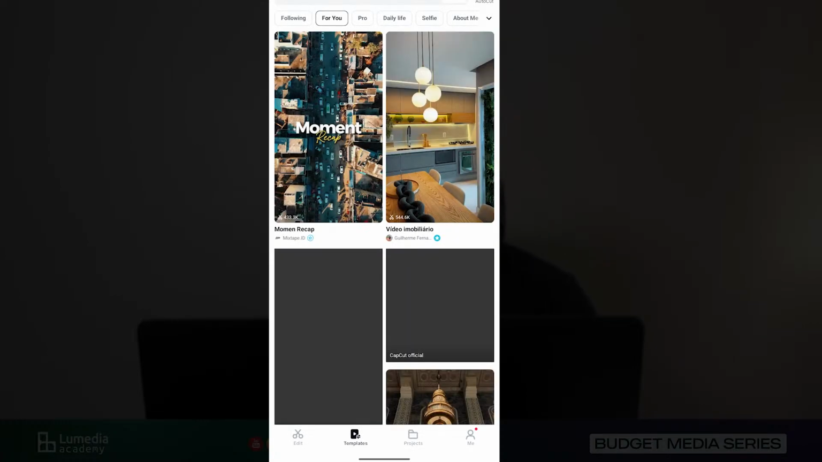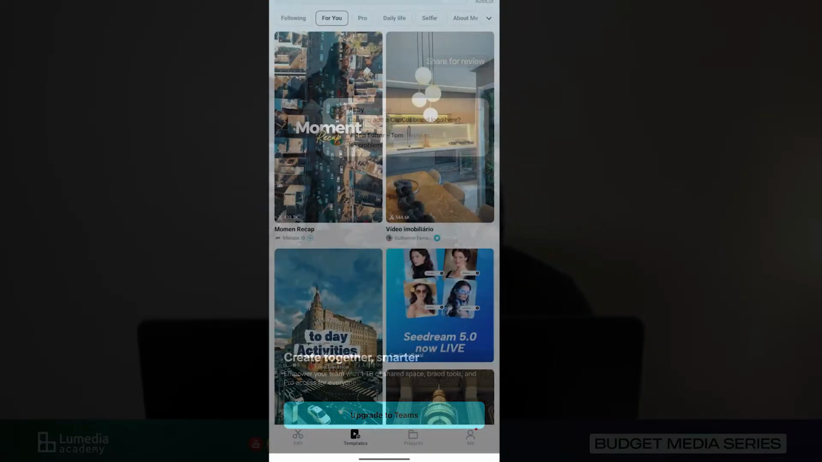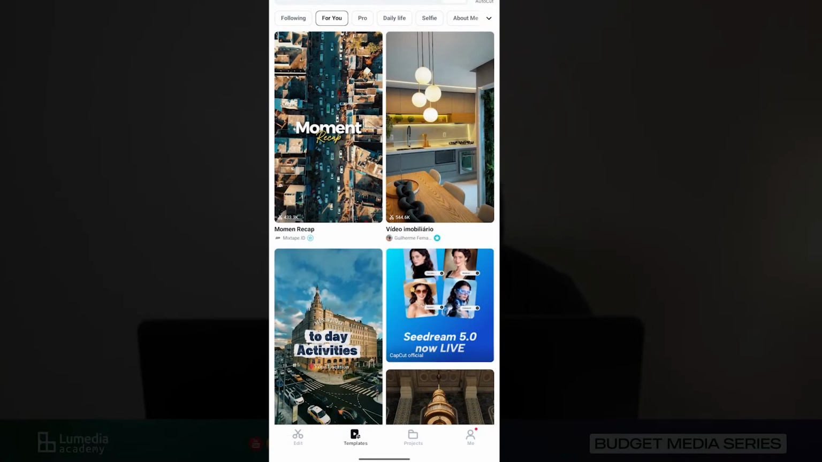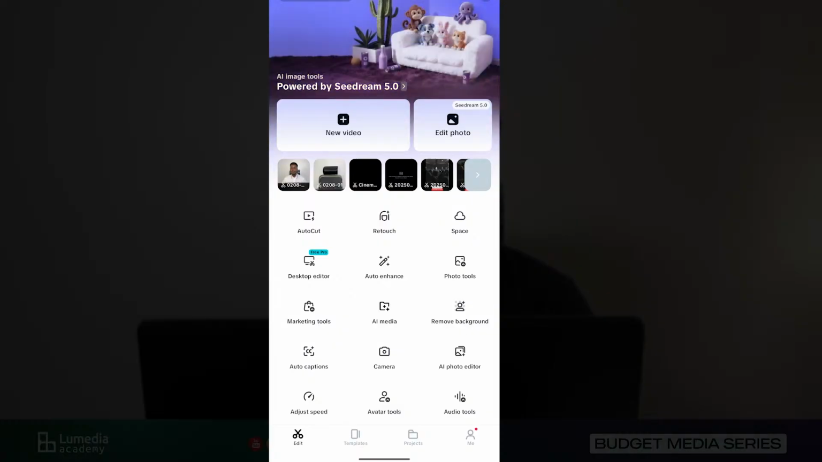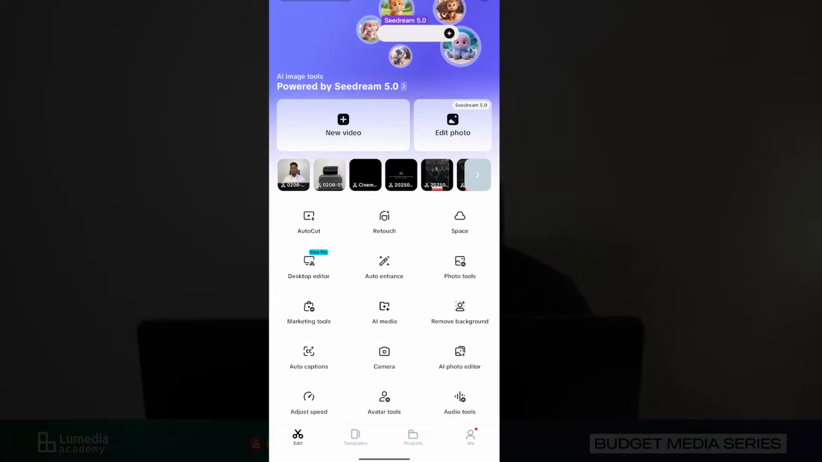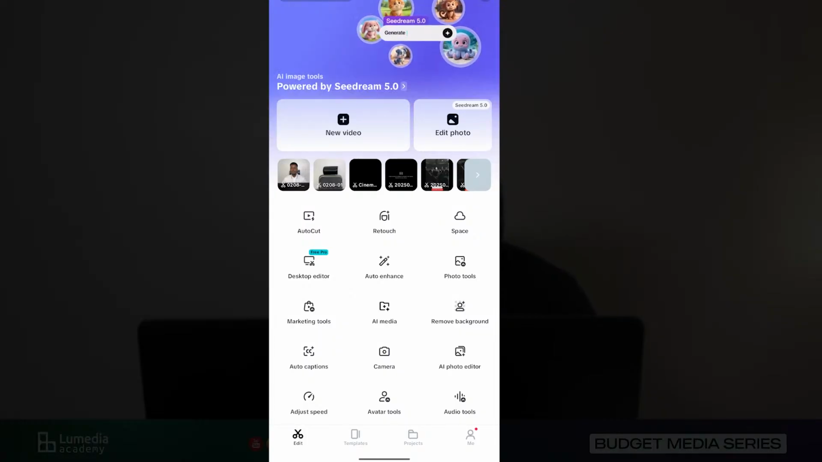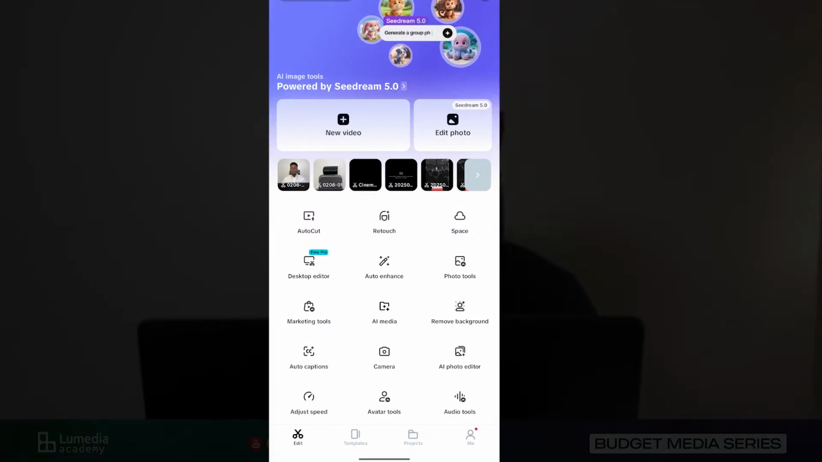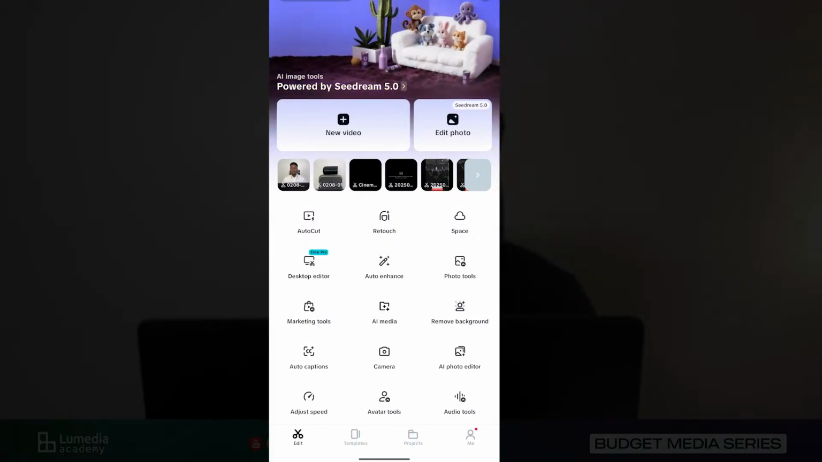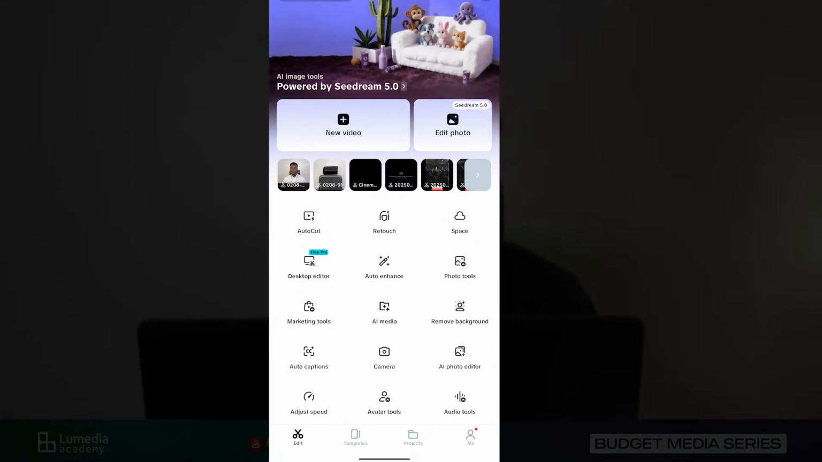Everything we are going to do here is also applicable to Capcut for PC. So don't be scared if you are using a mobile phone. If you start editing on Capcut for PC too, it's still the same thing. It's just a small change in the interface, but everything is basically the same. So I'm going to start with